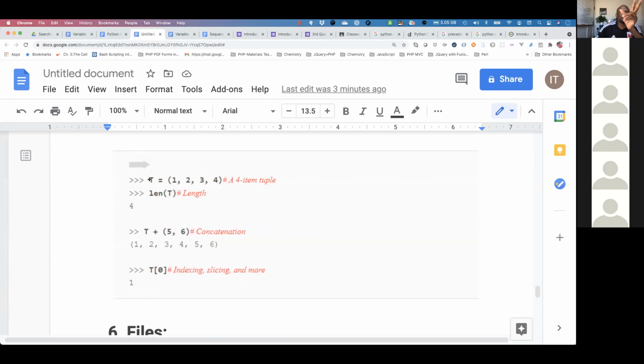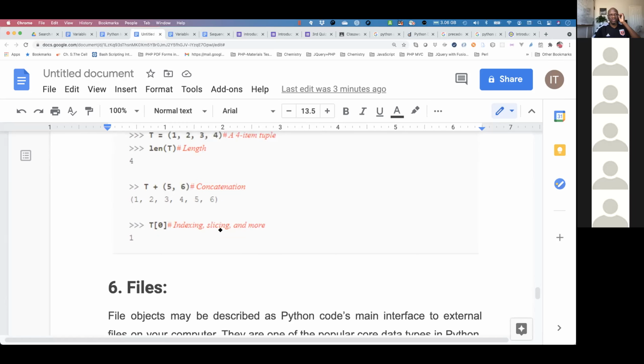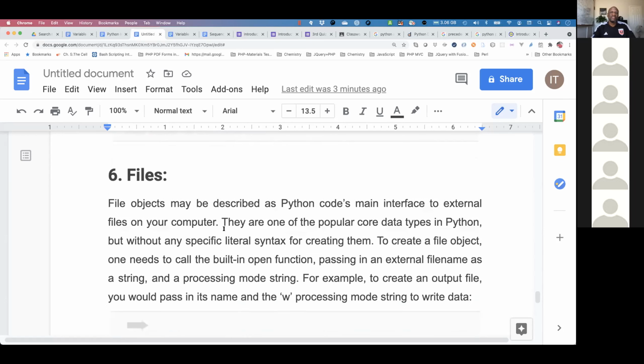If you declare this tuple, 1, 2, 3, 4, and then we go ahead and print the tuple, it's going to print the length of the tuple from position 1, 2, 3, 4. Then we try to concatenate. If you try to add a new thing to the tuple, let's say we have up to 4 already in T, and now you want to add 5, 6, the tuple will not do that. It will cause problems. You cannot concatenate it. It's going to be immutable. Okay? So that's good for tuple.